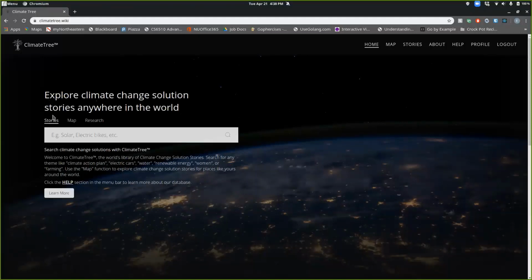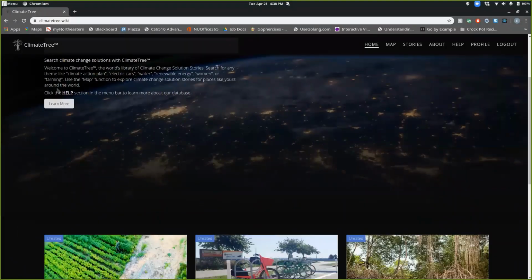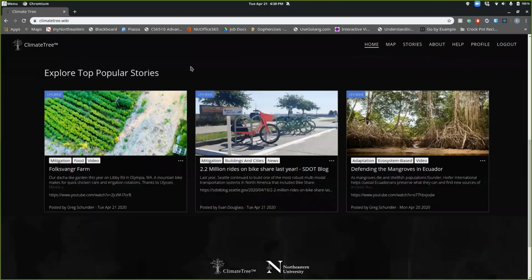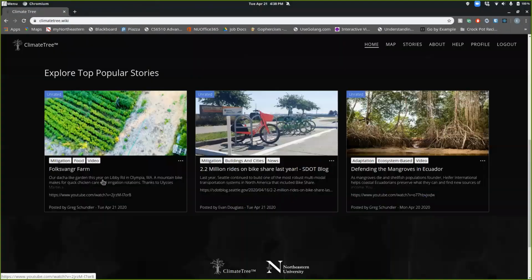But the first is something called stories. And for us, this is what we call a climate change solution story. If I scroll down here, you'll see some of the top stories. So we have trending stories here, basically. And these are examples of what a story is. So essentially, it's a hyperlink preview. These all link out to the web. And if you click on them, for example, we can go and watch this video. I won't actually watch it, but we could watch a video of this farm here, or same thing for each of these. If you click on it, it'll take you to the story and you can read through it as you wish.